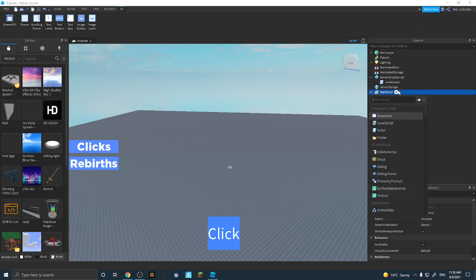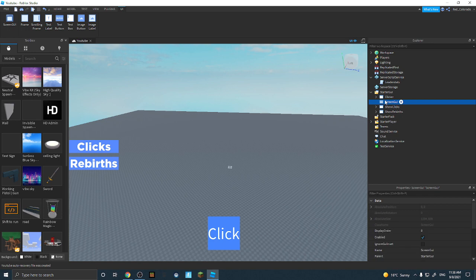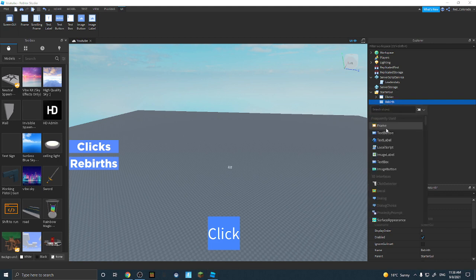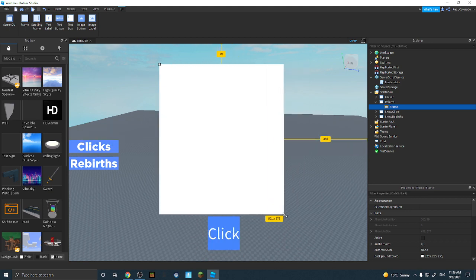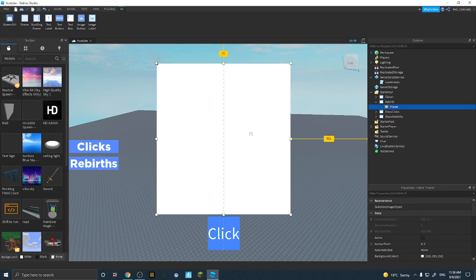Okay, then we're going to add a screen GUI. We're going to name it rebirth. And then we're going to add a frame into there. Let's put the frame in the middle. Okay, so basically now what we need to do is to design our frame in a way that